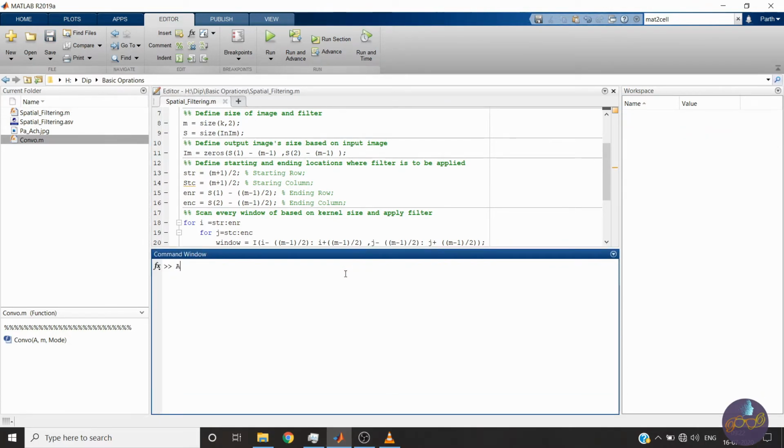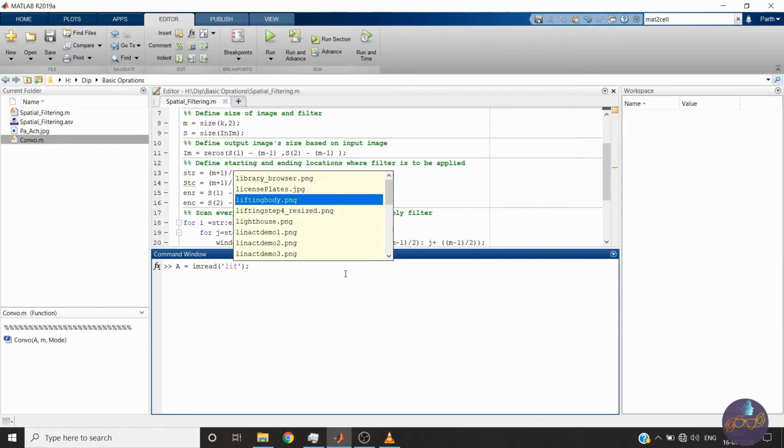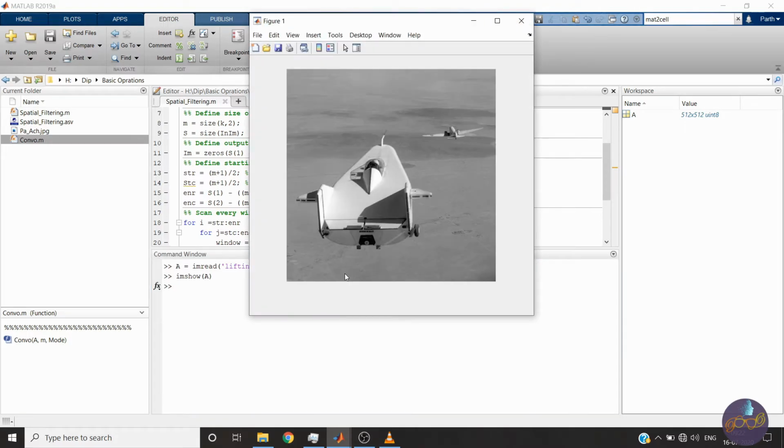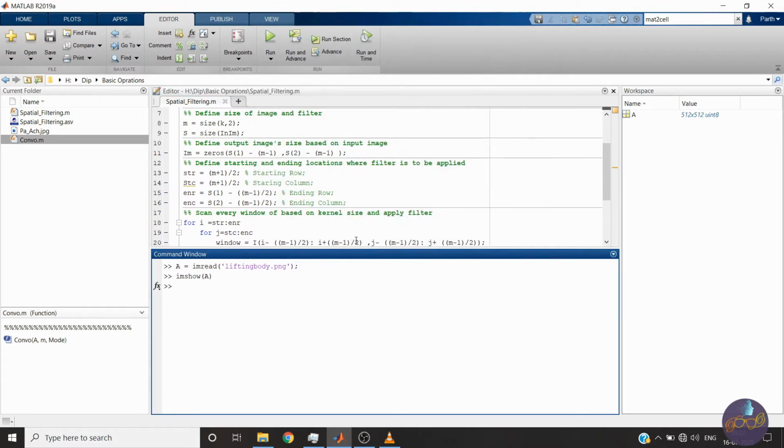We will take an image of a lifting body. Let me show you the image. This is the image. Okay, now first of all we will apply mean filtering.